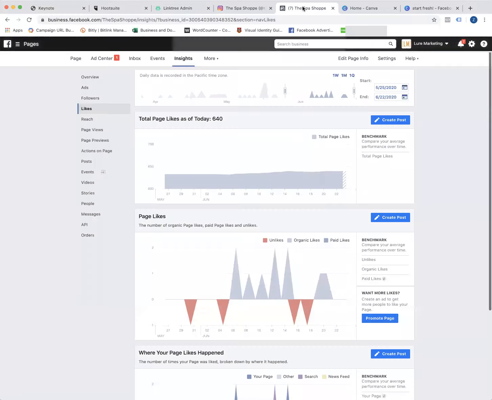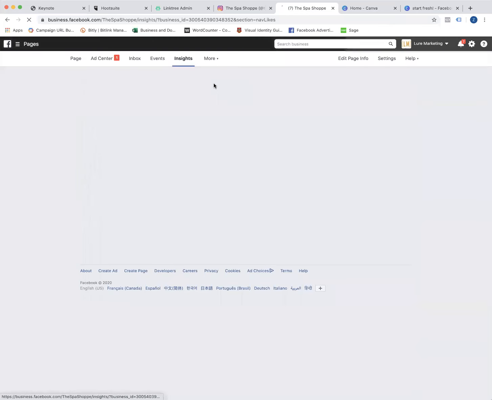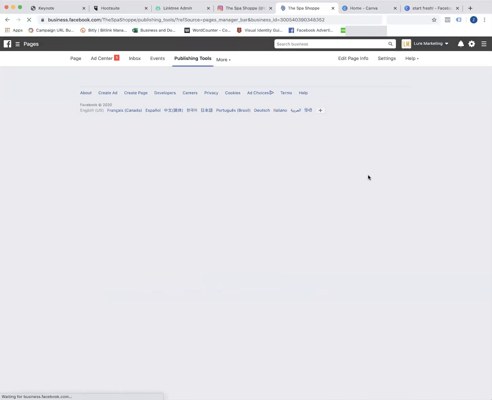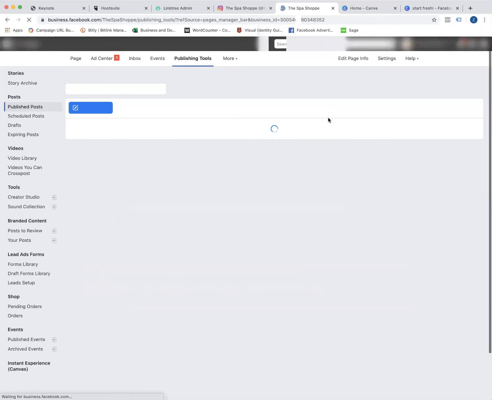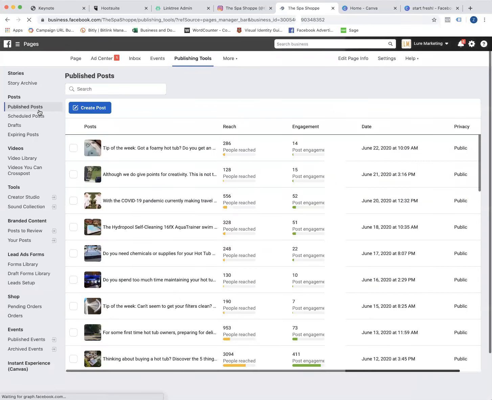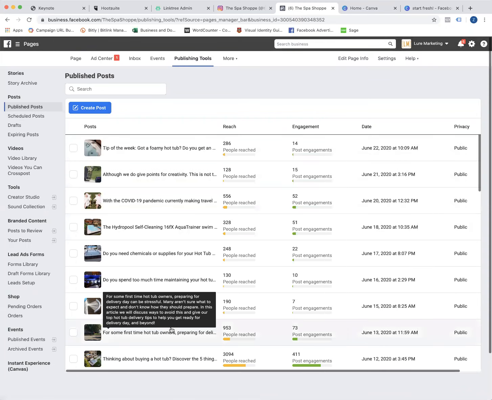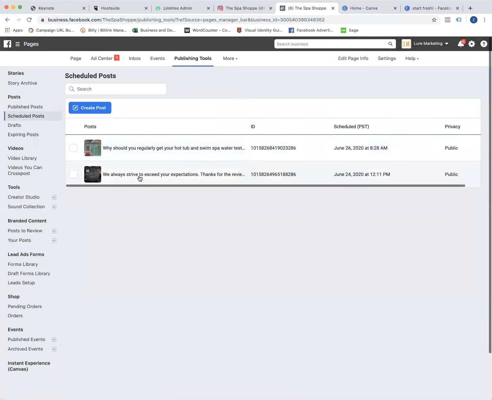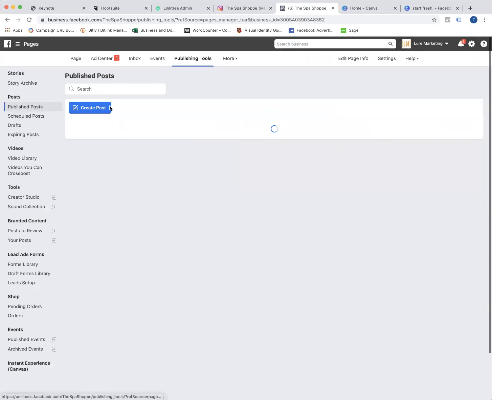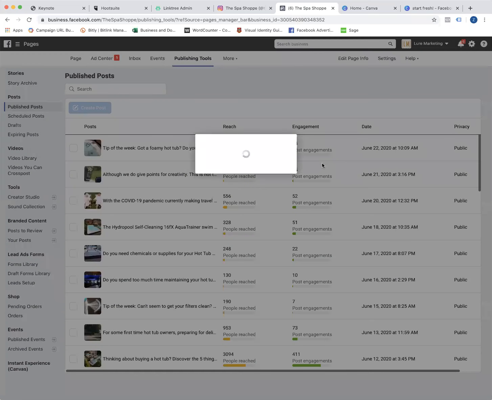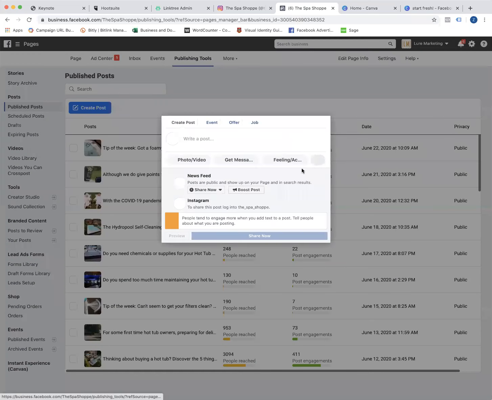You can do that in Facebook by going to Publishing Tools. Once this loads up here, whenever you create a post, you can see there's published posts and scheduled posts. These are all the posts that we've already had go out, and there are 2 that are scheduled to run this week. If I hit create post on either of those pages,